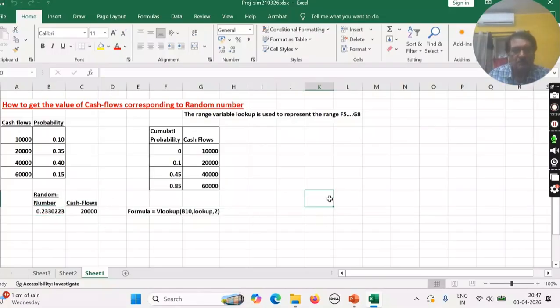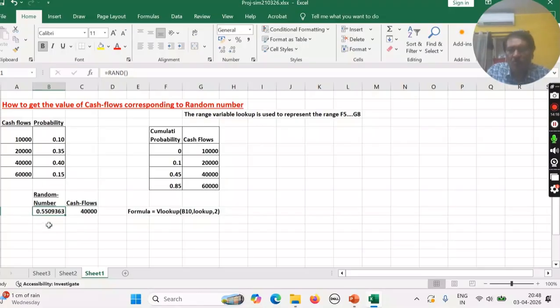If you write anything in any cell, you will see this random number will change, as it is random, because this is the electronic sheet that I am showing. See, the random number is 0.233 like that. Now I am writing here something. You can check the random number has been changed. If you write anything on the Excel sheet, immediately the random number will change. So this is the process by which you will get the random number.